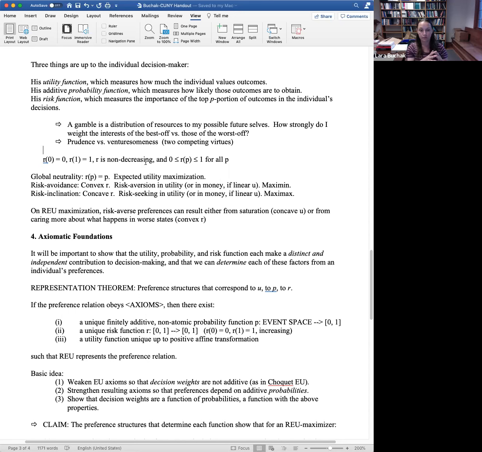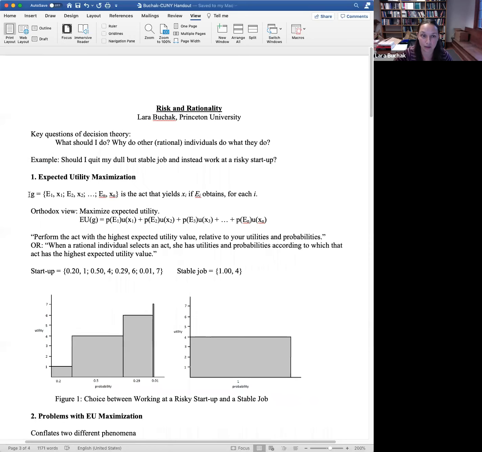Now, one thing that's really important to decision theorists is these things that I mentioned earlier called representation theorems. In a standard representation theorem for expected utility, basically you have a set of axioms, and they're going to be axioms on X, so axioms on things that look like this.